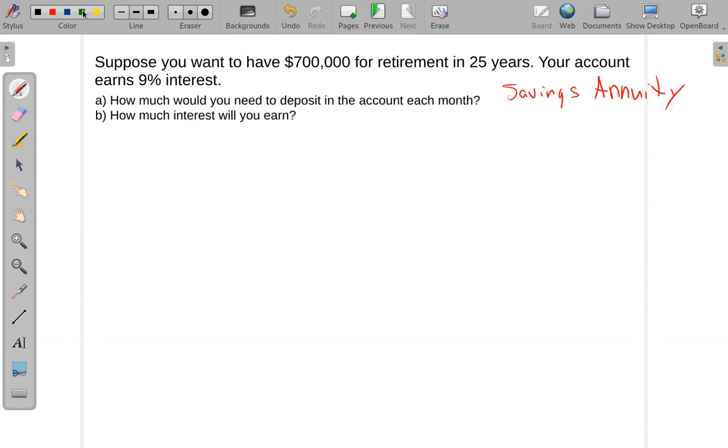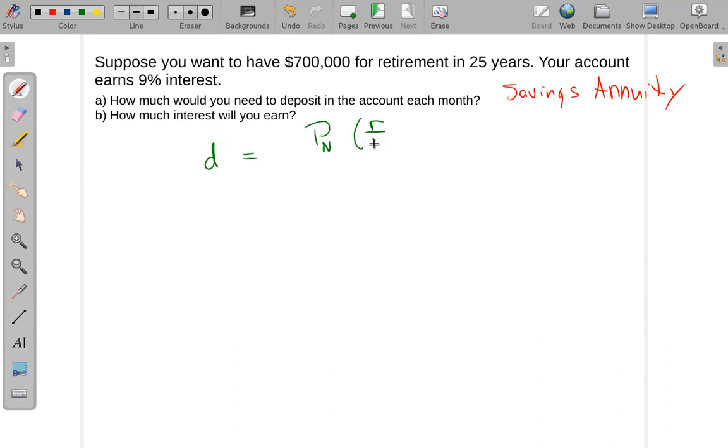And we don't know what the deposit is. We need to calculate that, but we know what the future value is. So we're going to flip the formula. And the formula flip to find the payment is going to give us our future amount for however many years we need